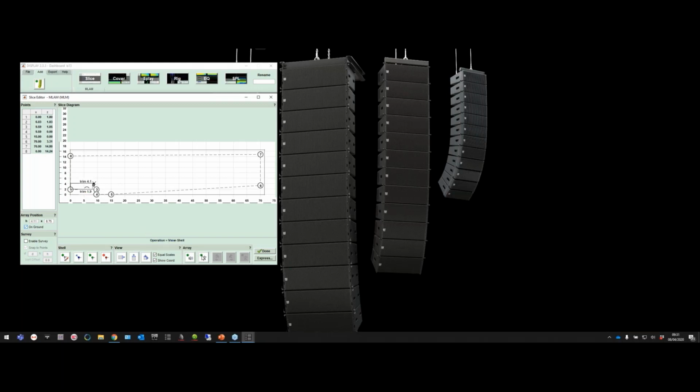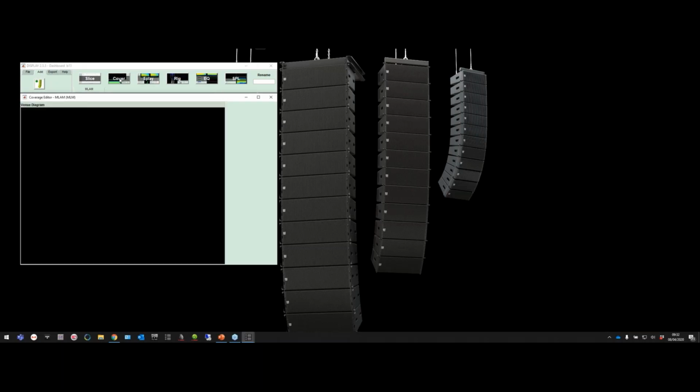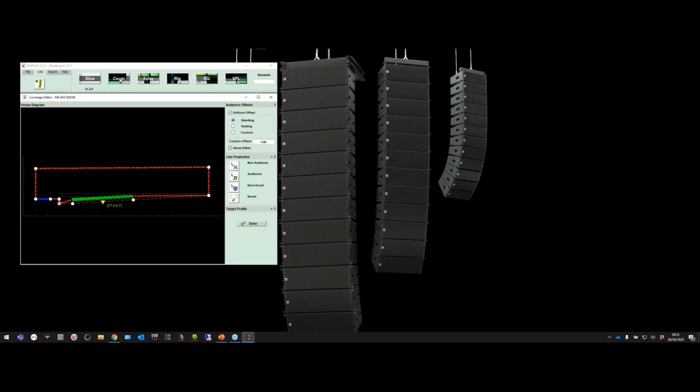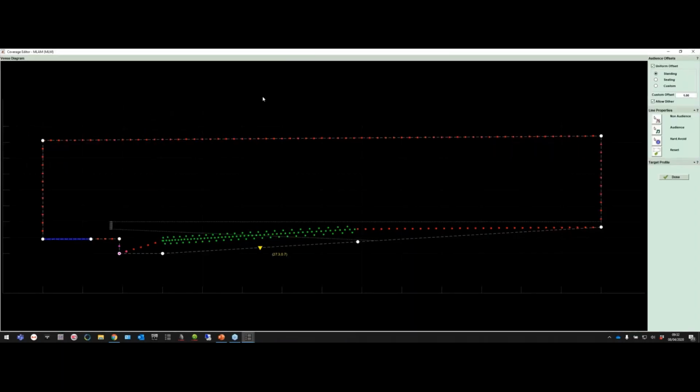And now we can draw our audience area. So I'm not going to fill this whole space because it's going to start to look a bit funky. And we can click done. So moving into cover, there might be a little something extra we'll see here. Yep. So we can see there as well, we have now this